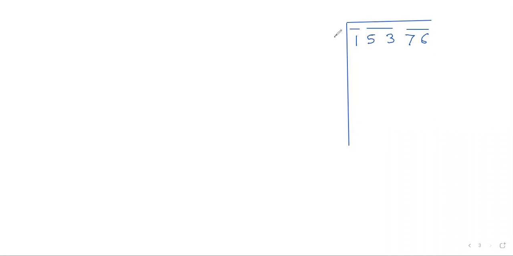Sir, 1 1 is 1. 1 1s are 1. Very good. Remainder is 0. Comes down 53. What should I do here? 76 will not come down. Only one bar at a time will come down. Only 53 comes down. Now tell me what? Plus 1, add 1. So what happens? That is 2 and a gap.